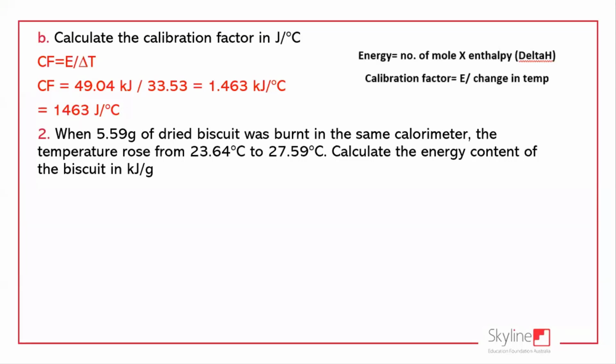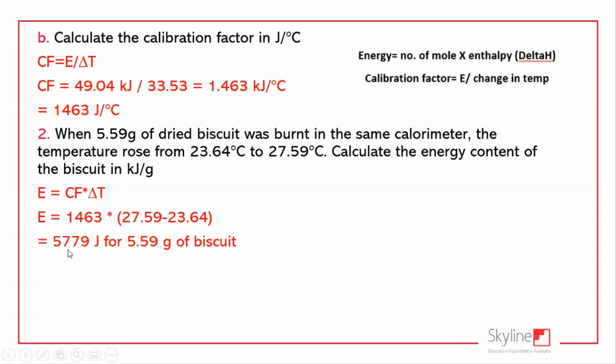We then have almost 6 grams of dried biscuit burnt, and we've got the temperature increase. Calculate the energy content. We're going to use the same formula, but just reversed. Energy content equals calibration factor multiplied by change in temperature. 1,463 multiplied by the change in temperature gives us 5,779 joules for the 5.59 grams